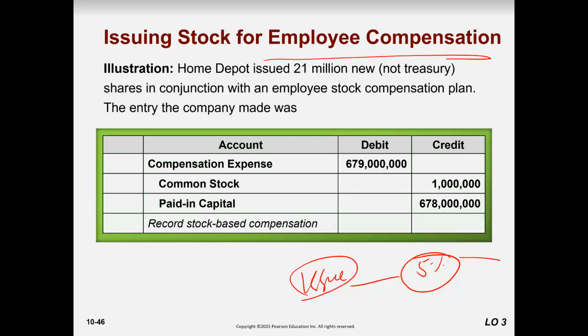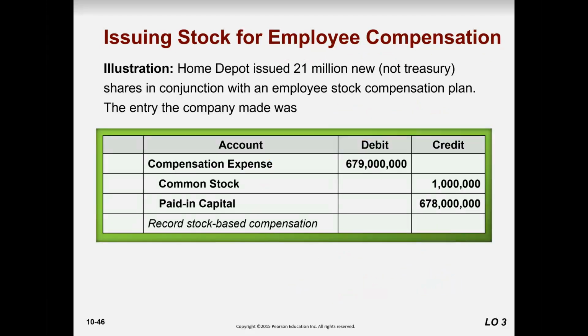So when you issue the new shares against employee compensation, your entry is going to be employee compensation expenses to common stock to paid in capital. We don't have its numbers here. This is just for assumption. Numbers are assumed, right? If the company has no par value, then there is no paid in capital. But normally companies do have the par value. So par value multiplied, and the rest is paid in capital.